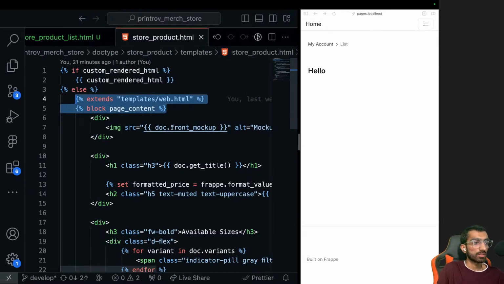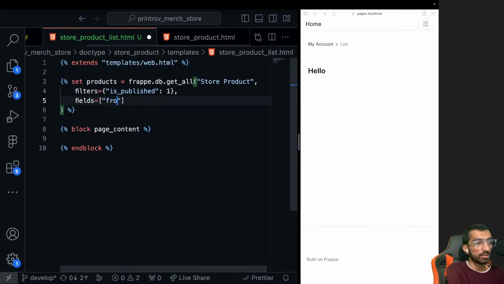So let's see, front mockup name. So name should go first. We want the retail price,